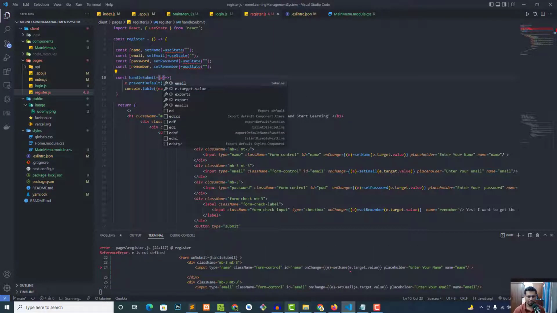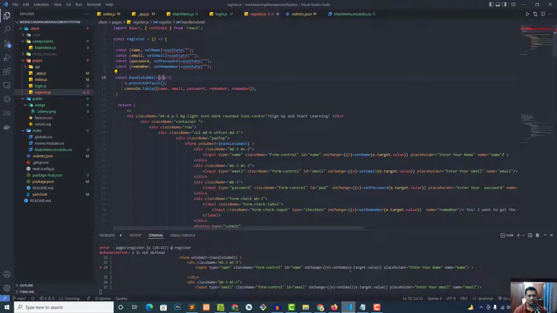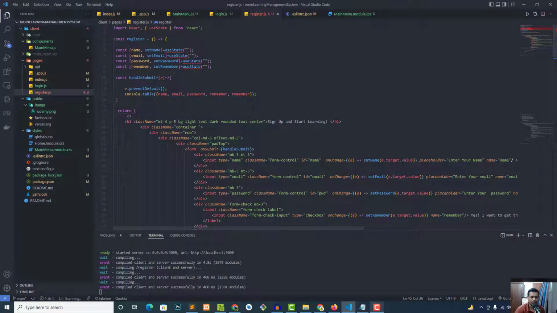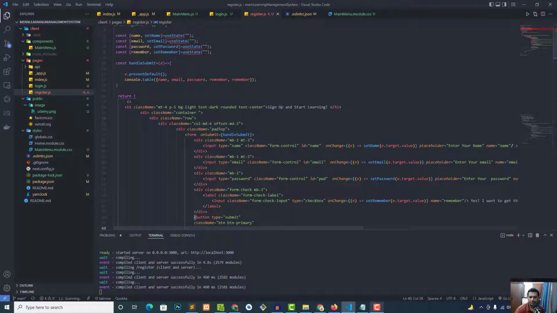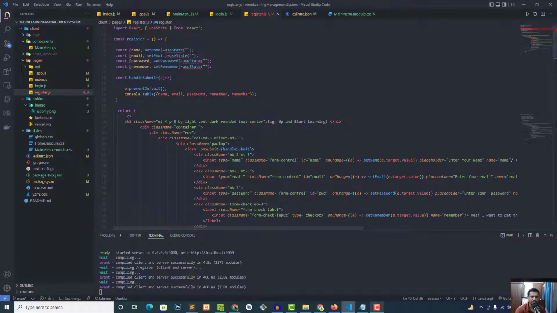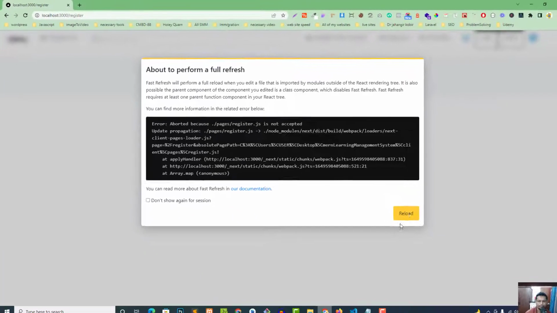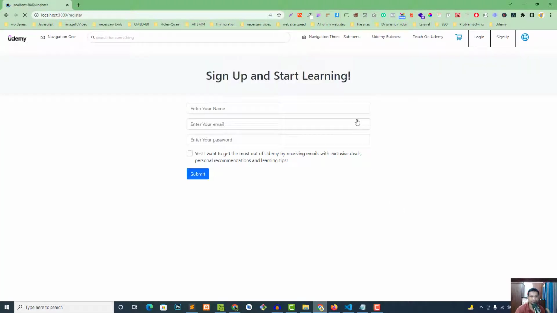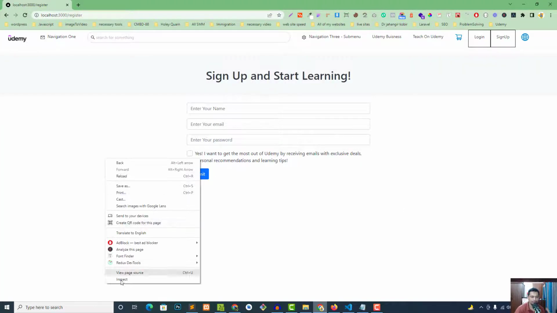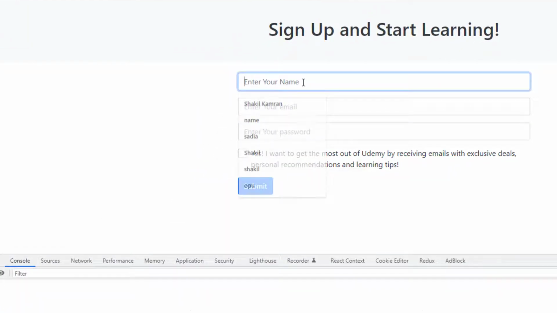Okay, I think now it's fully functional. I defined the e. Restart the server and it works fine. So we are receiving the data from setName, setEmail, setPassword, and receiving the data in the name field. So let's see what will happen. Inspect the element console. Okay, give it a name,